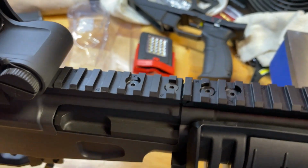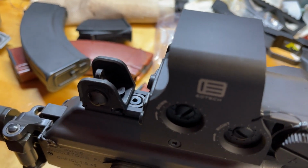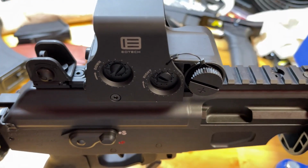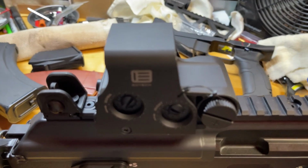So I'm going to talk about the iron sights. I didn't really use them. In fact, I never used them. I don't even know if they're zeroed. I assume that maybe IWI zeroes them out of the box, but I have no idea. I used an EOTech